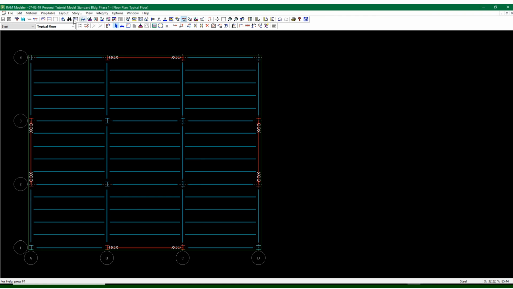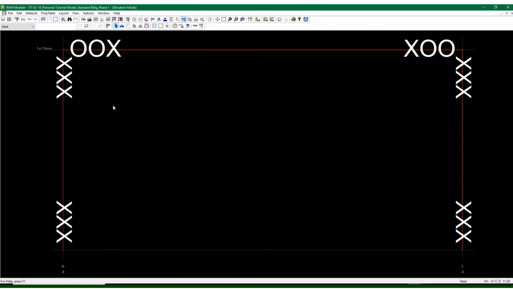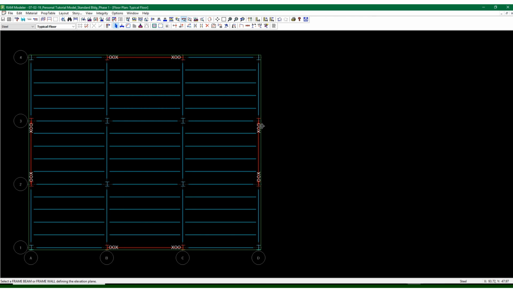and take a quick look at the elevations of these things. And I should now see the fixities that are assigned just as well. So by default, the columns are fixed in all axes, major, minor, and torsion, top and bottom. You can change that based on your model, but by default, they're fixed. So these are the default settings for this. Let's get back into our plan view